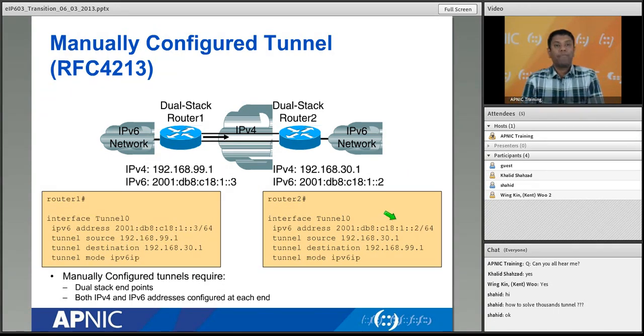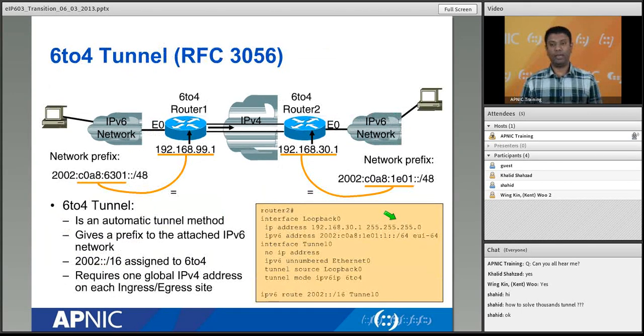Then what do you do? When you finish this configuration, you will see your tunnel is up, right? From this side, if you ping the IPv6 address ::2, you can ping. And from the other side, if you ping ::3, you can ping. So when the tunnel is up and you can ping each other on the tunnel interface, then you are ready to create your BGP peering if you have BGP, right? When you create the BGP peering, the two sides can exchange their LAN IPv6 addresses in BGP. Make sense? So that is the concept of manual tunneling. Any questions so far about manual tunneling?